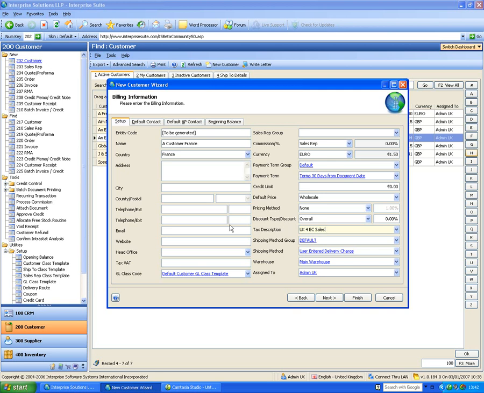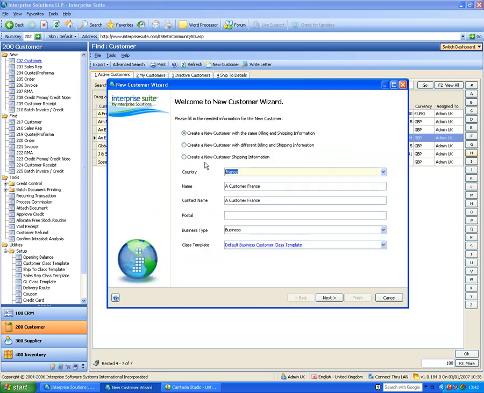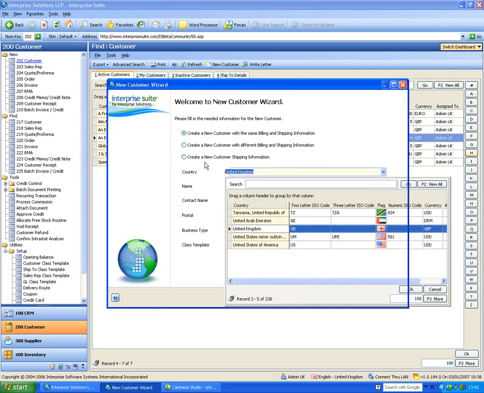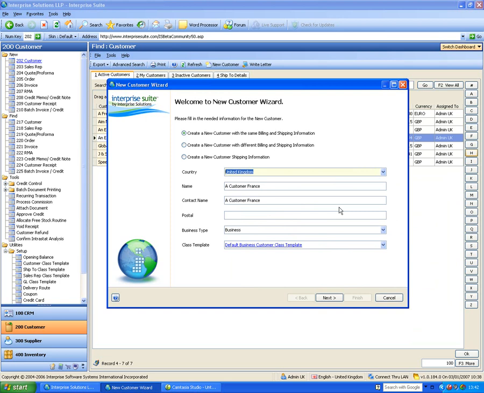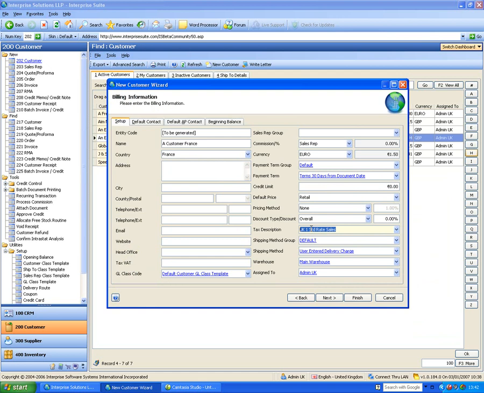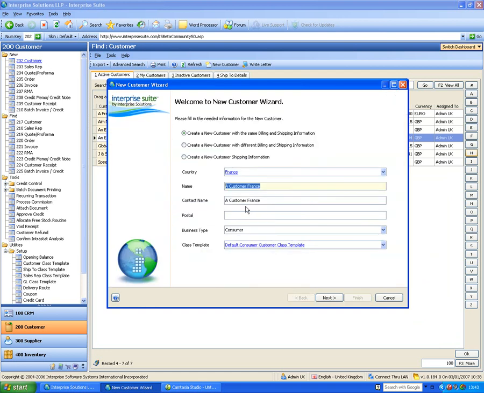If I go back here though and change this back to United Kingdom. Actually, I should change it back to France. Sorry about that. And now change this to consumer. So if we were dealing with a consumer in France, then it would charge the standard rate. They might still be in euros, but effectively we're going to charge standard rate. And if I look at United Kingdom,